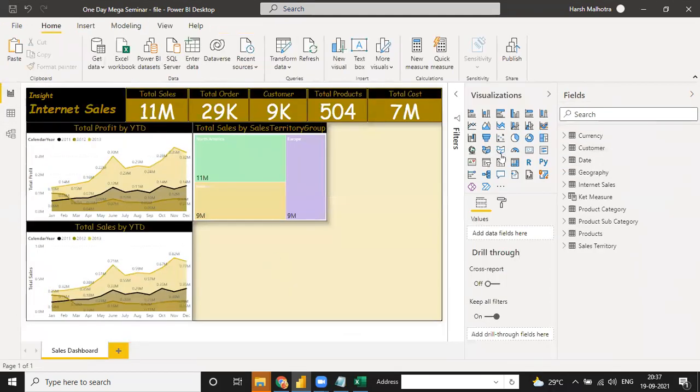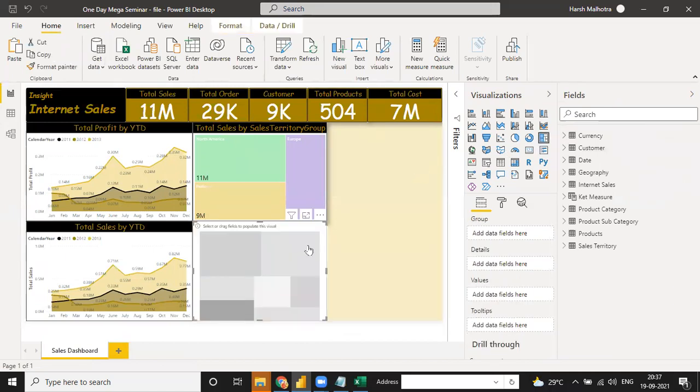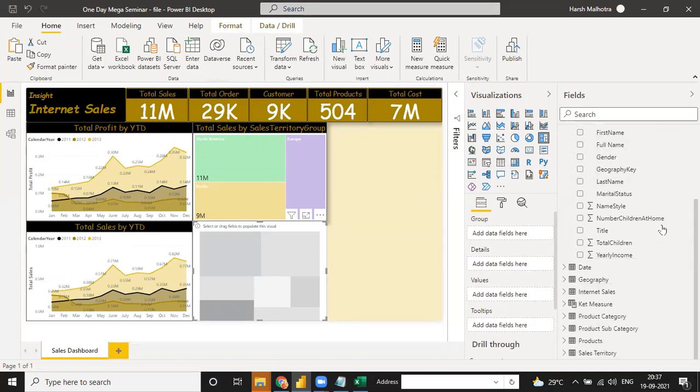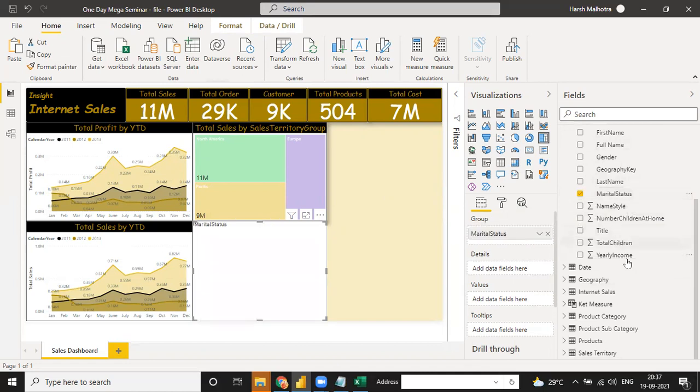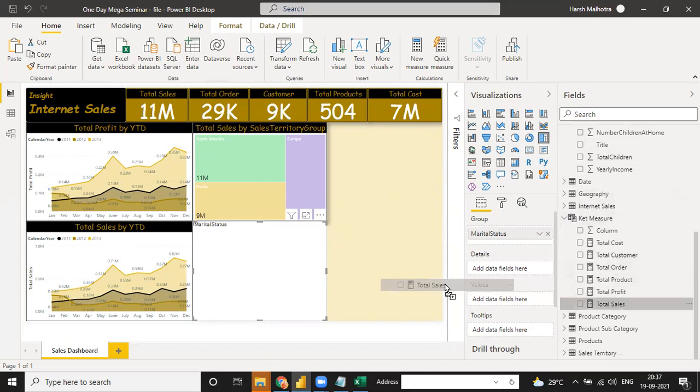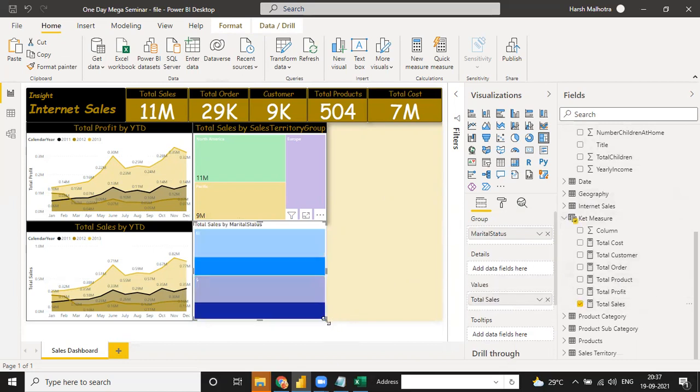Okay. So for the same thing, you can just use a tree map for the group customer. You have marital status in group and sales in your data value.